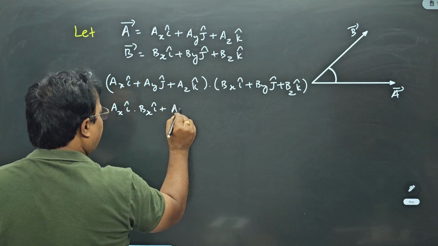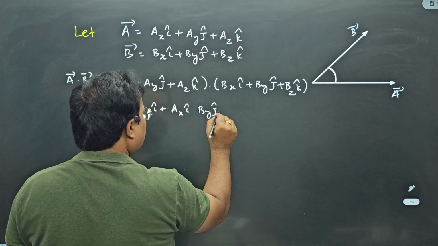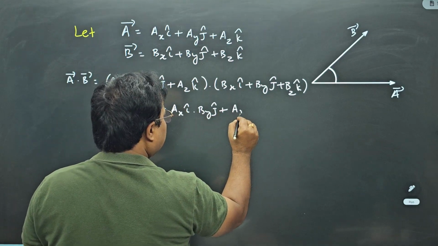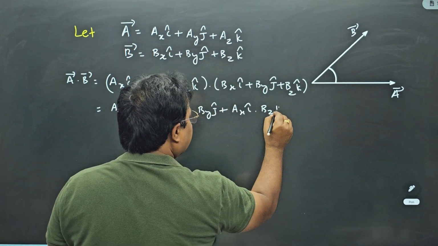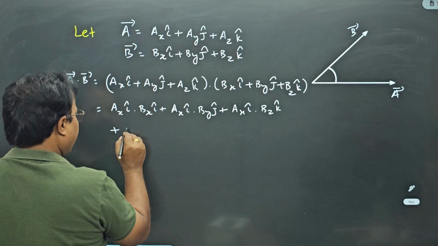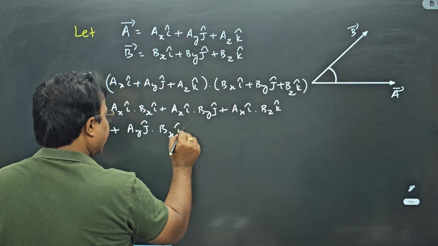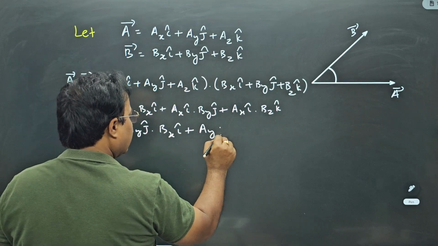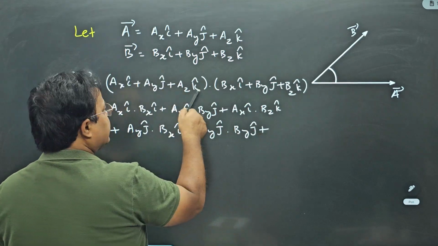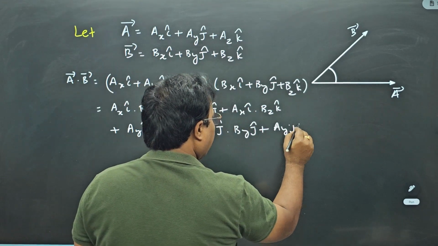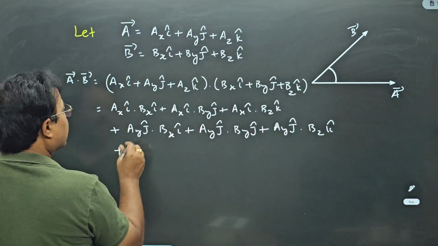plus Ax i cap dot By j cap, plus Ax i cap dot Bz k cap, next plus Ay j cap dot Bx i cap, plus Ay j cap dot By j cap, plus Ay j cap dot Bz k cap, next plus Az